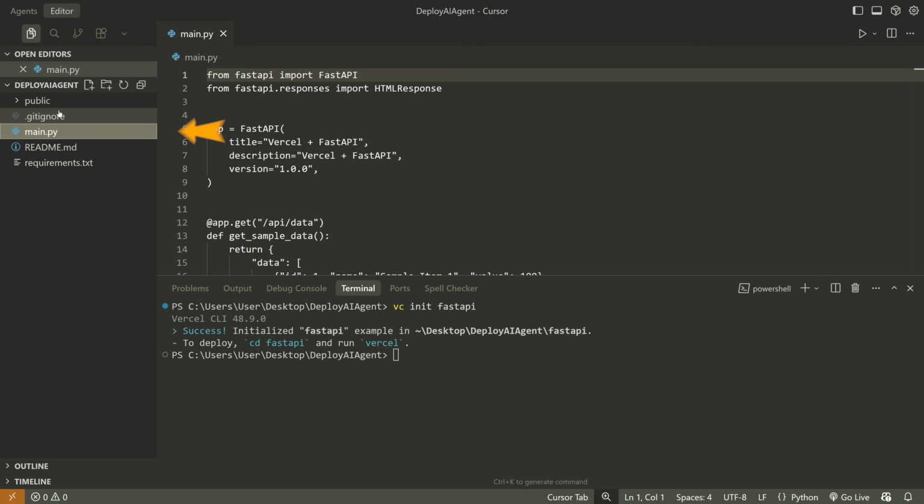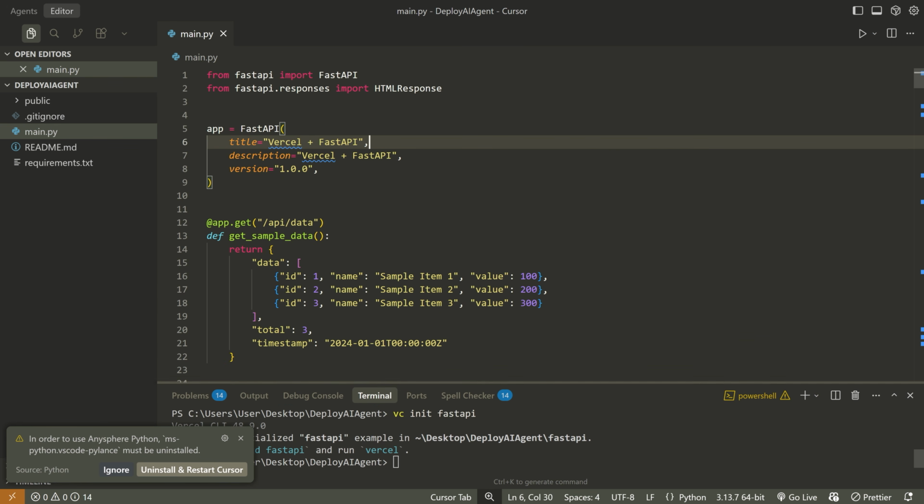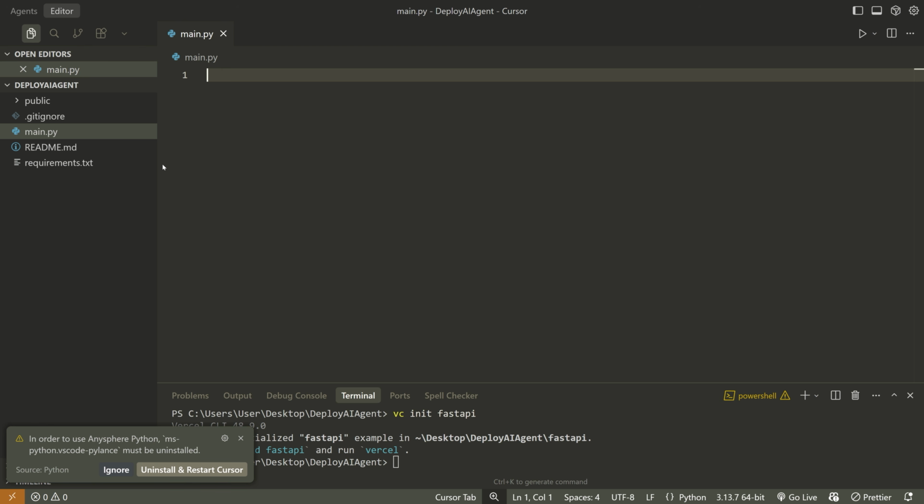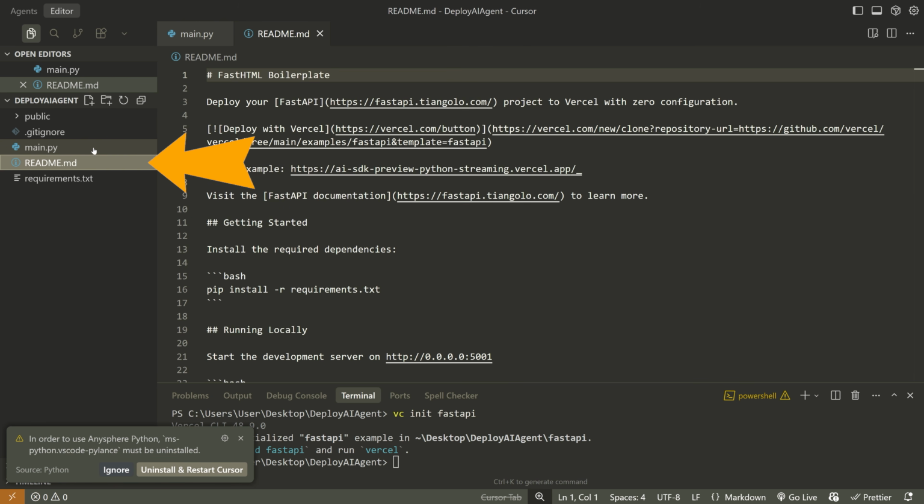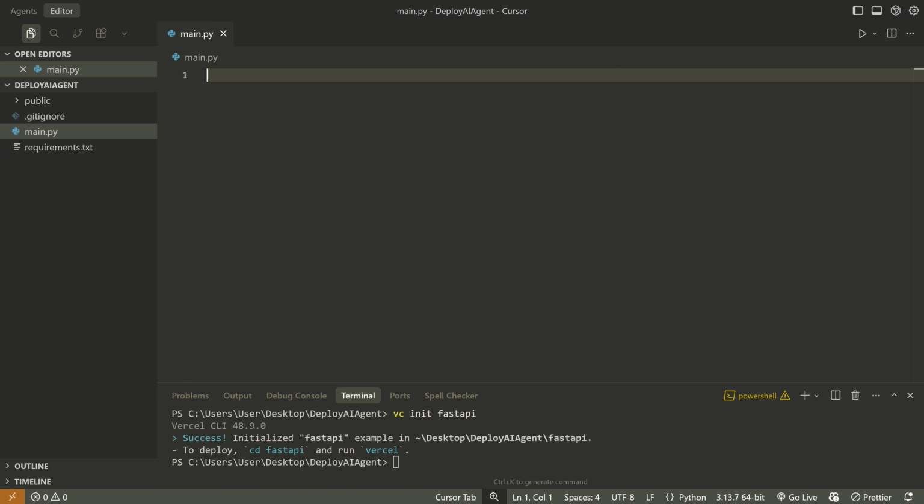Okay, so from here, you'll see that we have this main.py file. We can go in here and delete everything for right now because we'll write that from scratch. Same thing with the README. We don't need this, so we can just delete it. Perfect. Now let's continue with the rest of the setup just after a quick word from today's video sponsor,